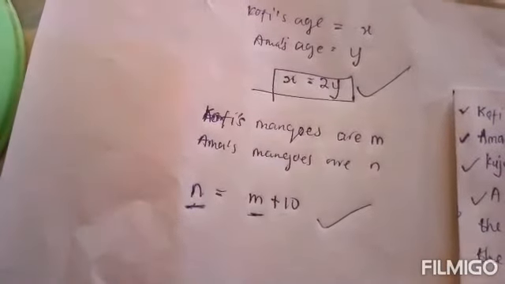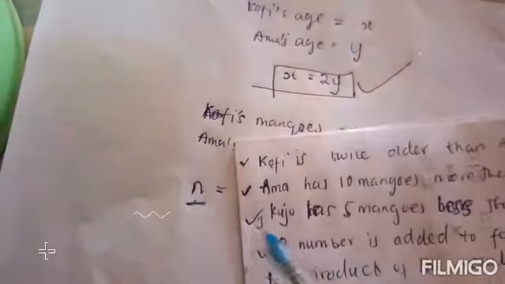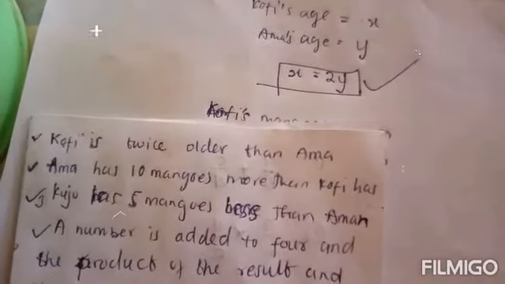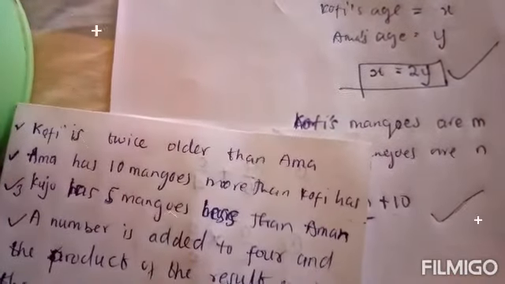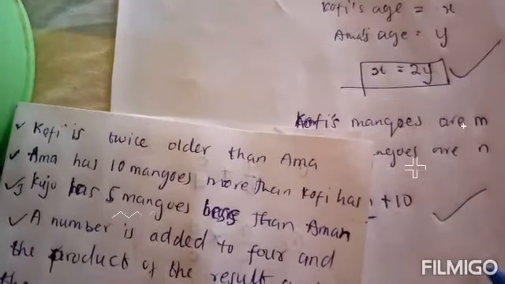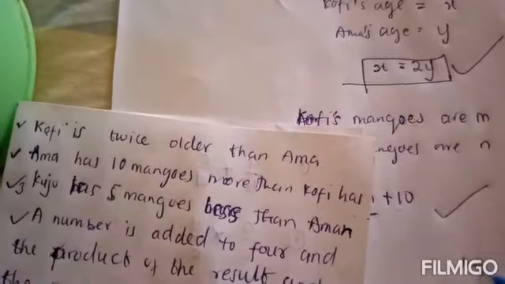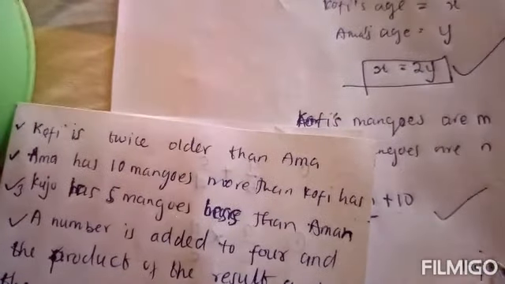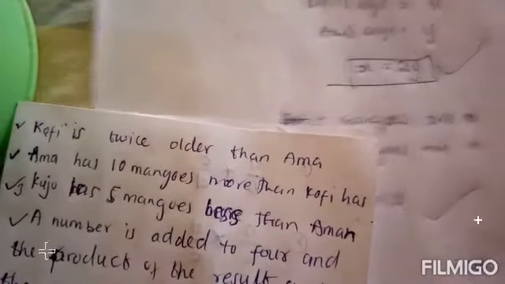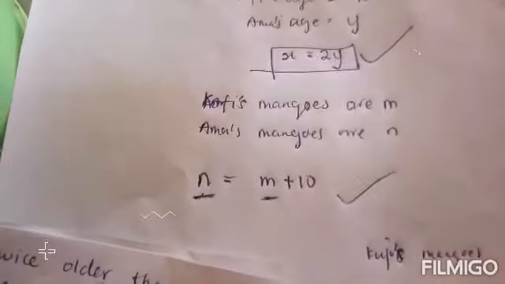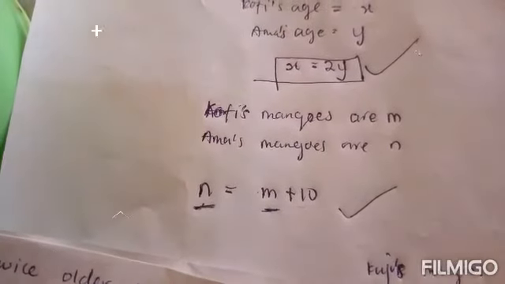So let's take the third one. This is number 3, and then we will come to an end for the lesson. Okay, so Kujo has 5 mangoes. Kujo is having 5 mangoes. Let's say Kujo's mangoes are M,